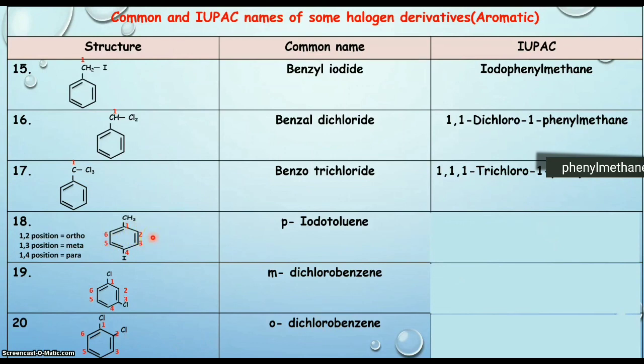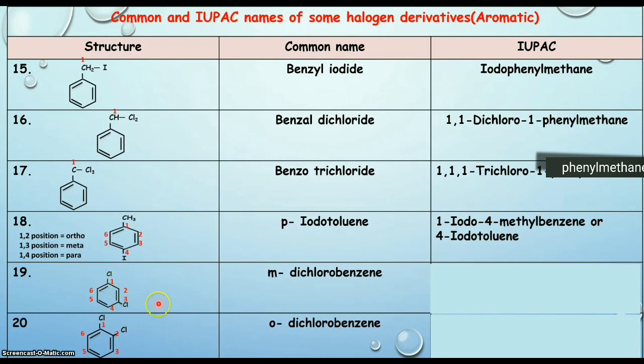Now for this structure, we can give two types of IUPAC names. The first name is 4-iodotoluene. If we are considering toluene as a suffix, then iodine is present on the fourth position. Therefore, the name will be 4-iodotoluene. Or, with alphabetically ordered consideration, that gives carbon number 1 for this, then 2, 3 and 4. Therefore, the other name is 1-iodo-4-methyl benzene.